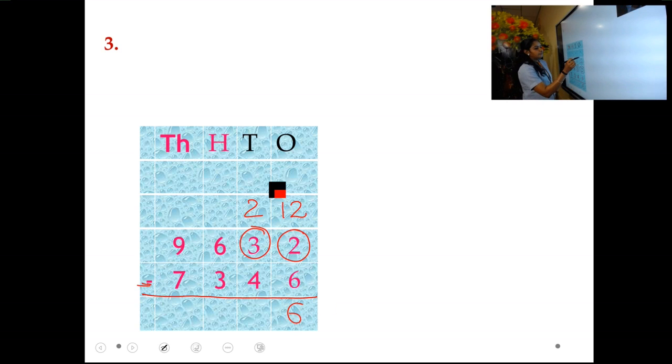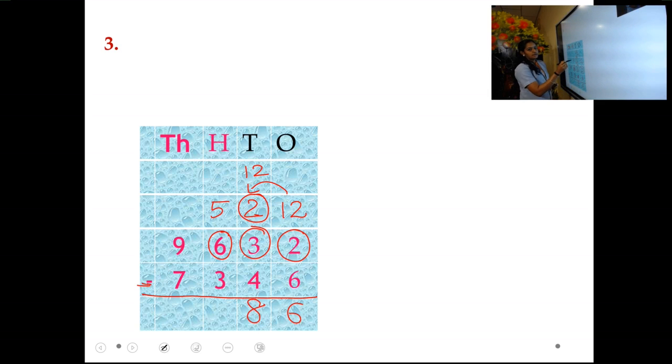Then we move to the next place, tens place. 2 is the new number and 4 is the number here. 2 is also small, so you have to borrow again. So borrow from which place? 100 place. 6 is the 100 place number. You have to borrow from here. So 2 will become 12, and 6 will become 1 down, 5. So the new number is 12 and 4. 12 in mind, 4 in hand. 12 before, 11, 10, 9, 8.